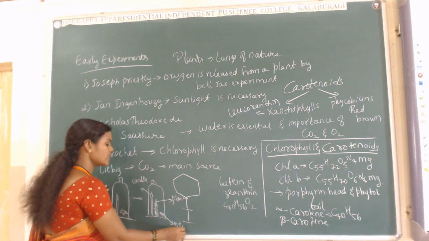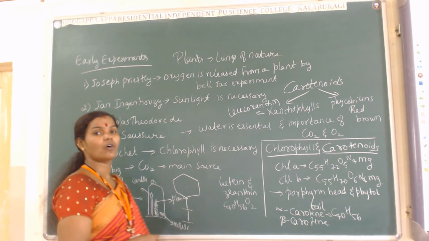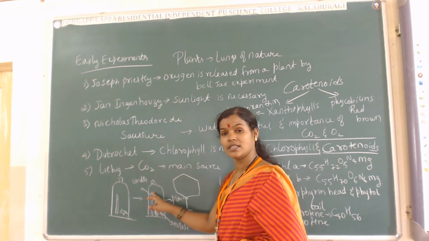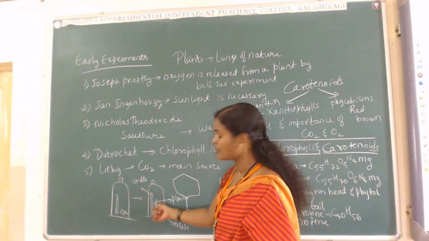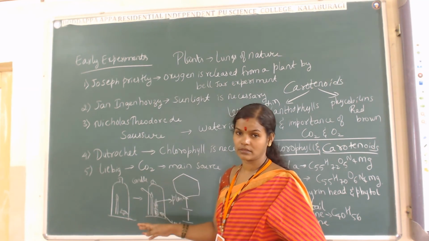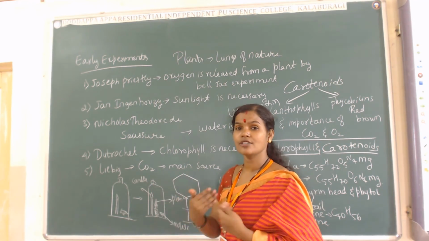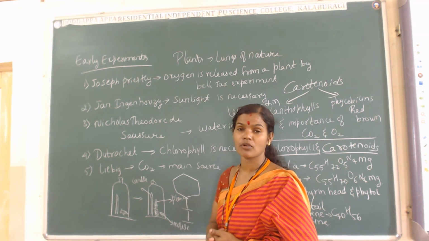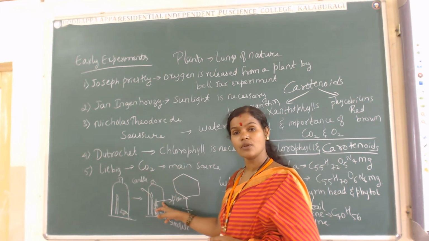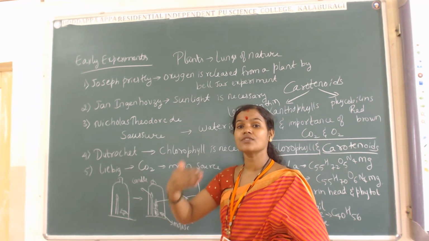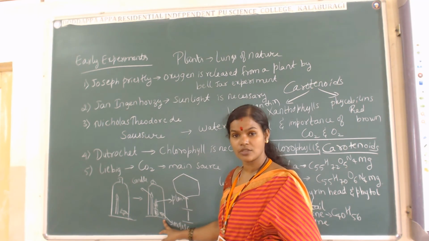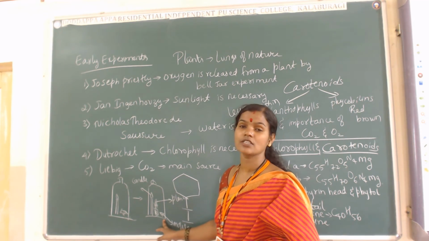So obviously the plant is having all the raw materials, that is CO2 it is having, water it is having, chlorophyll pigment it is having, okay, and the sunlight also it is having. Got? Since there is a presence of all the raw materials to the plant body, it is undergoing the process called as photosynthesis. So as it is undergoing the photosynthesis, oxygen is released by the plant body, and then the mouse is getting the oxygen, and hence it is going to survive.